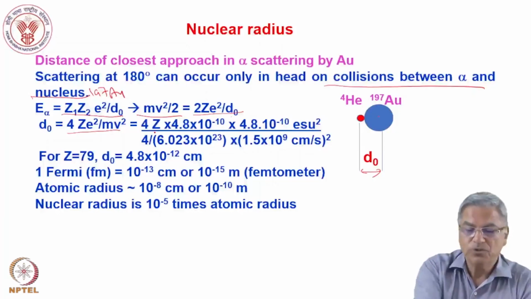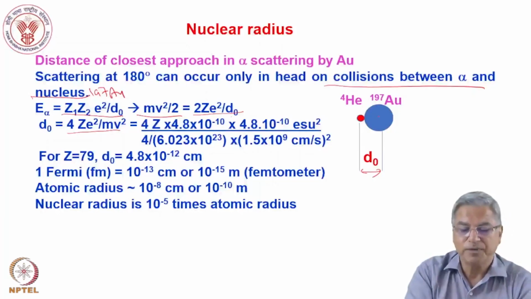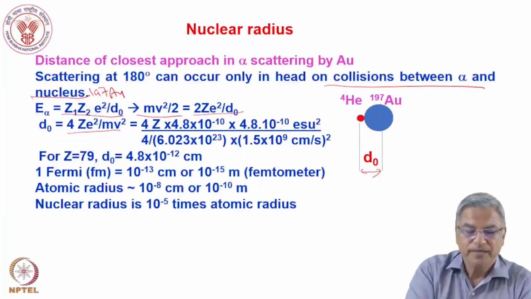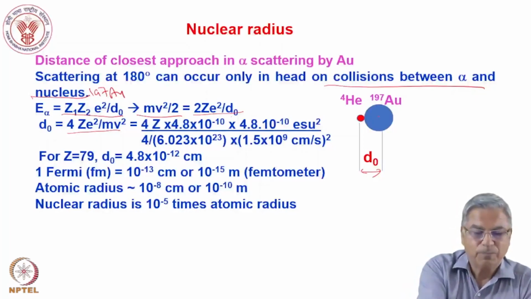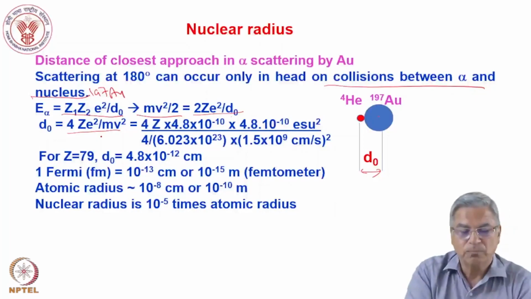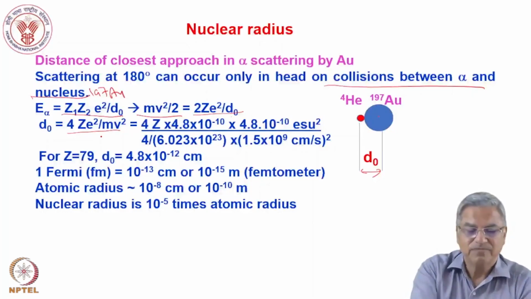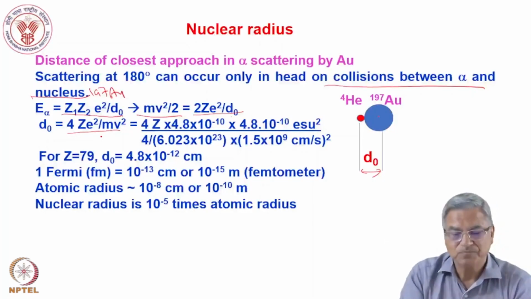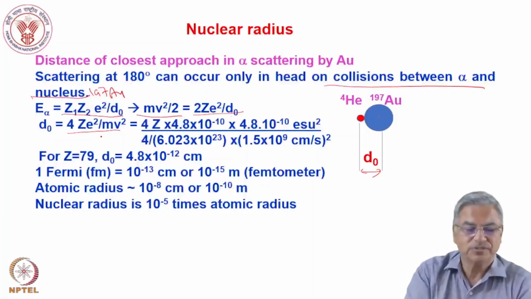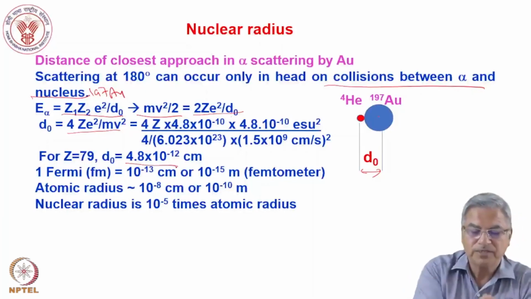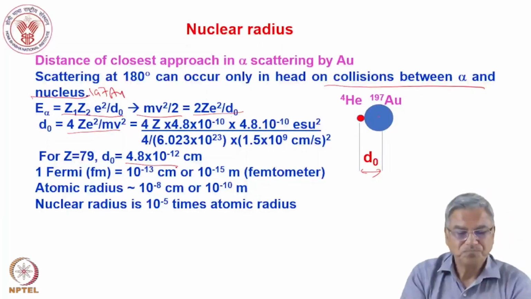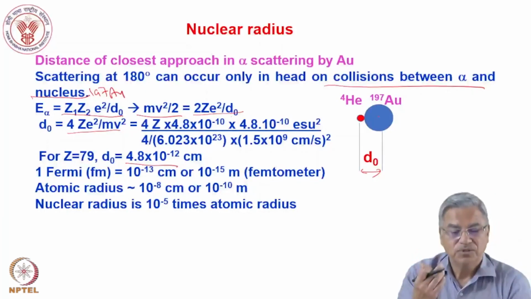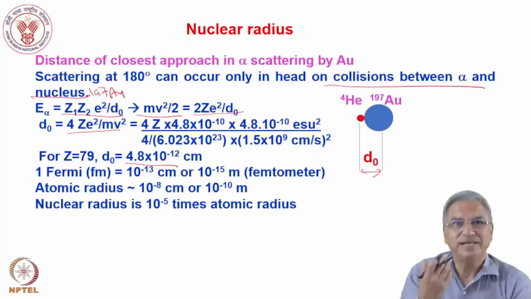the charge of the electron in electrostatic units, 4.8 times 10 to the power minus 10 ESU, and the mass of the alpha particle 4 upon Avogadro number, and the velocity of the alpha particle is 1.5 times 10 to the power 9, of that order. If you calculate this value of d, you get 4.8 times 10 to the power minus 12 centimeter. So that is how you got the idea that the radius of the nucleus is of the order of 10 to the power minus